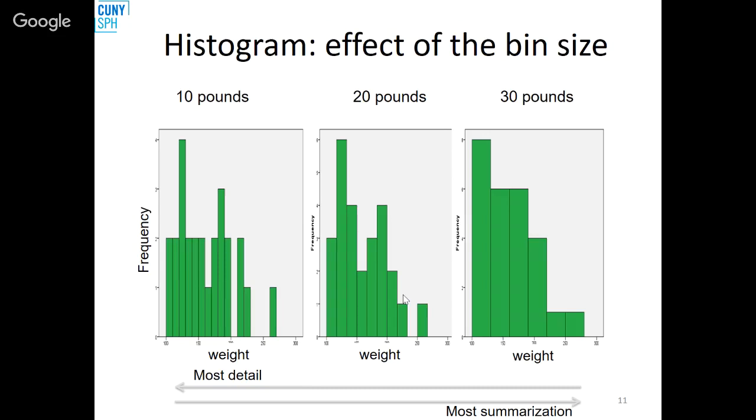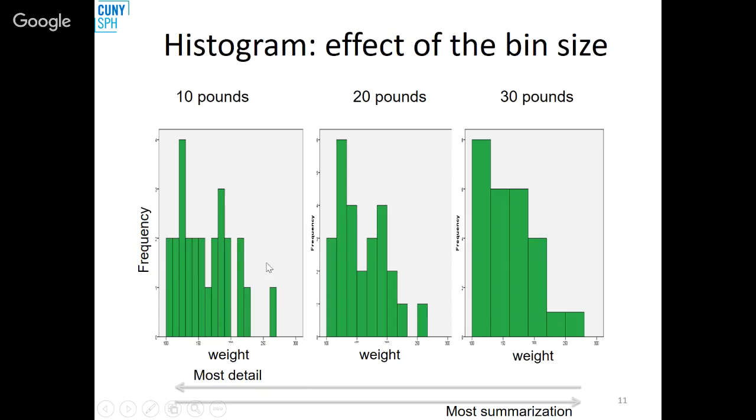You should keep in mind when you make histograms that the one that you get by default from your software is not the only histogram you could make for a variable. There's some default setting there for the width of these bins, and that can have quite an effect on the appearance of your histogram. So on the left here, this